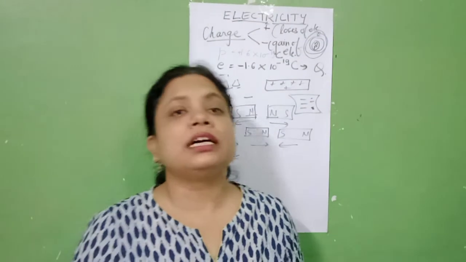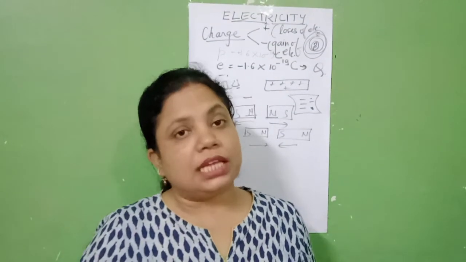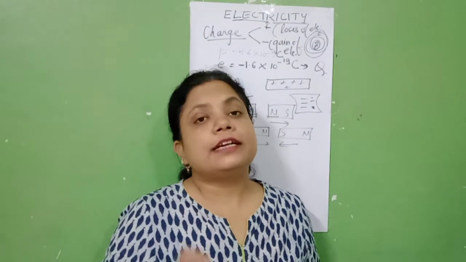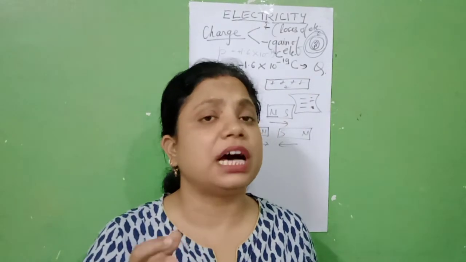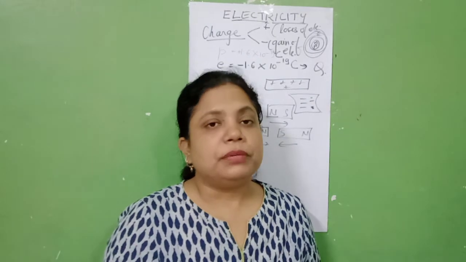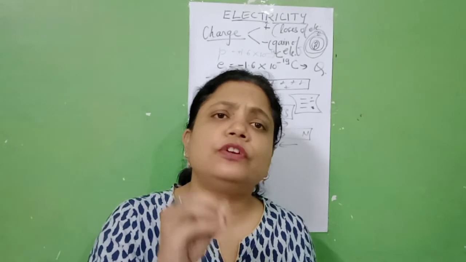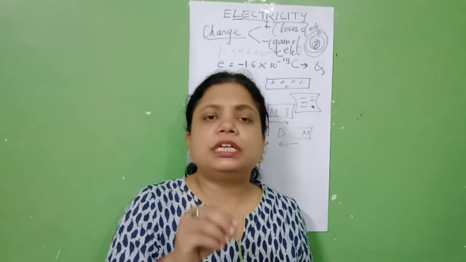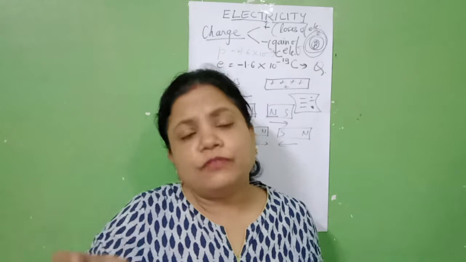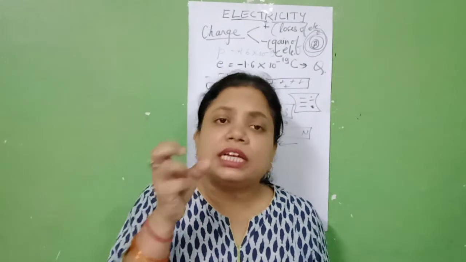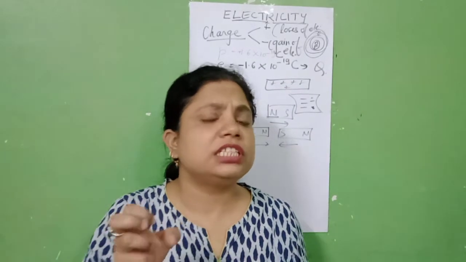Third, charge can neither be created nor be destroyed. It is conserved. Fine. And the next one, which is very important: electric charge is quantized. That means electric charge is a multiple of the electron charge, right? It states that there is a smallest amount of charge, and all charge is an integral multiple of this small unit. The electron has 1.6 into 10 to the power minus 19 coulomb charge, which is the smallest charge.